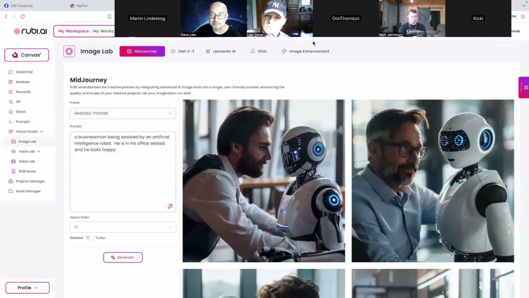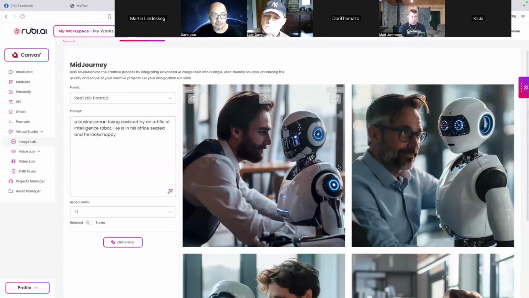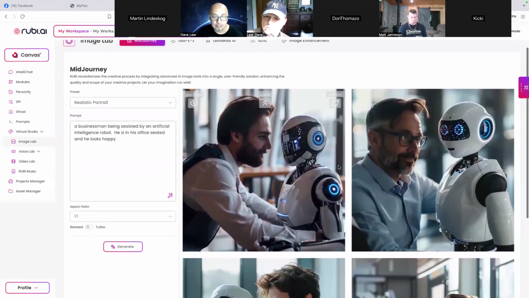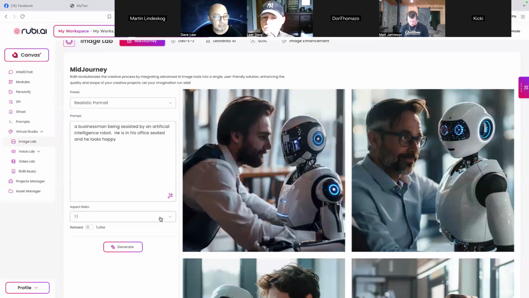Yes, Martin. Could you add in the prompt that it should have a certain pixel amount or sizes, so it will work, for example, for a podcast artwork or for Instagram or something like that, that it will have the right dimensions and sizes? Could you put that in the prompt also?